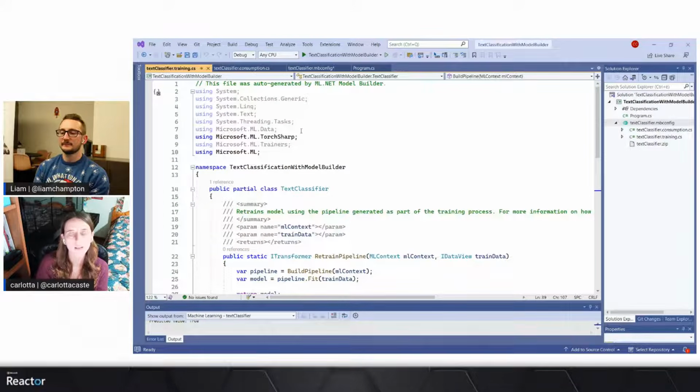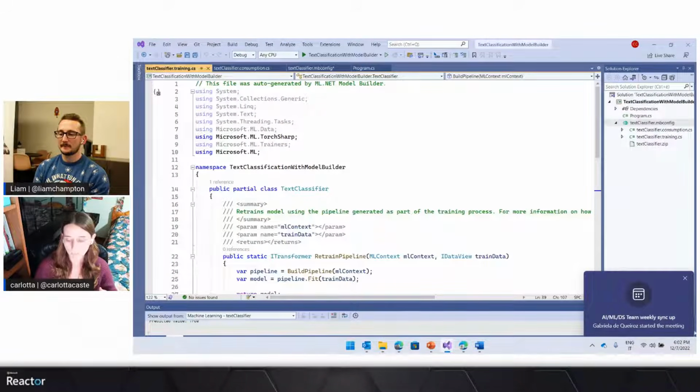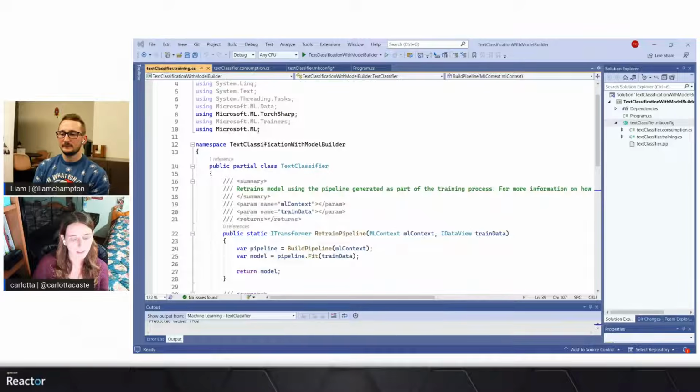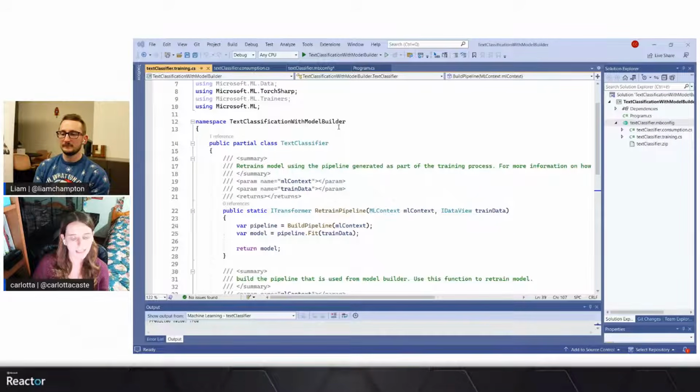For example, because we are not satisfied with the performance we get initially, and we want to improve the model performance, or we want, for example, to upload new data, or we want to integrate this model in another app. So let's start by looking at the text classifier.training file. Here you can see at the top of the file a declaration of the text classification with